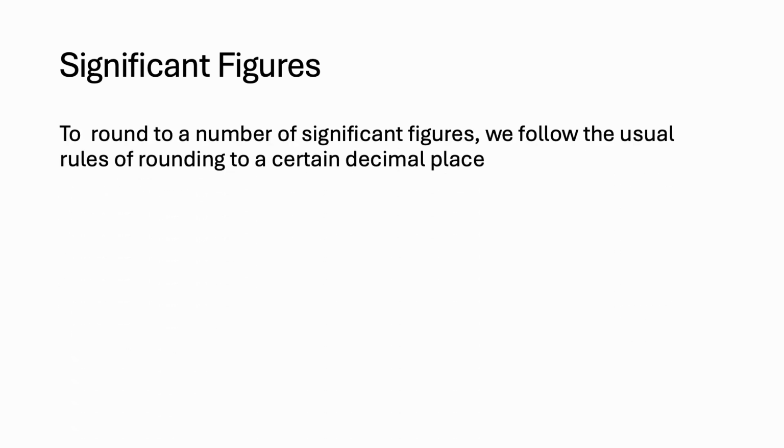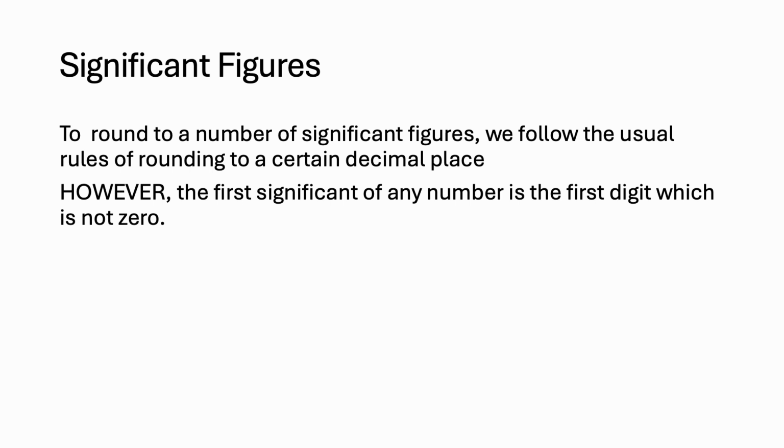Significant figures. To round to a number of significant figures, we follow the usual rules of rounding to a certain decimal place. So very similar to what we've been doing so far. However, the first significant figure of any number is the first digit which is not 0. So what I'm saying is that if we had a number of